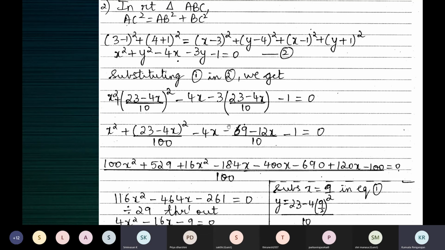Okay. Yes, I understand. The minus should be multiplied only once inside. We should not do it two times. When we take the LCM, multiply the minus sign. Now here I'm multiplying only 3 with 23 and 3 with minus 4x. The minus is here. When we take the LCM, this minus will be applied to 69 and minus 12x.